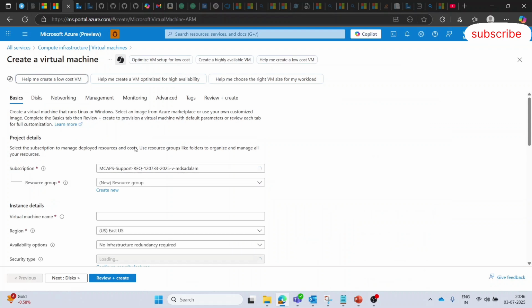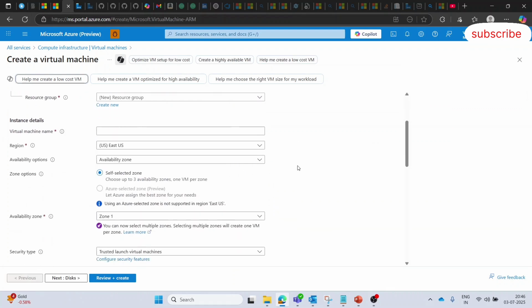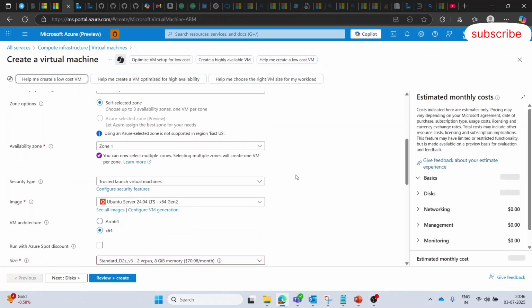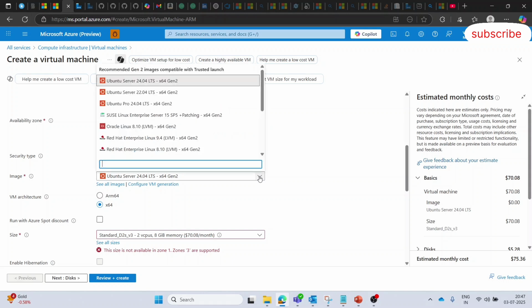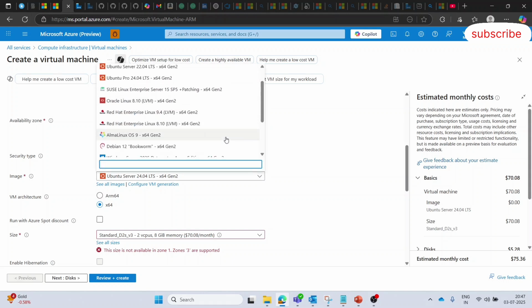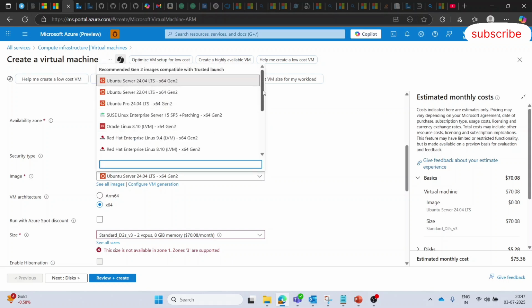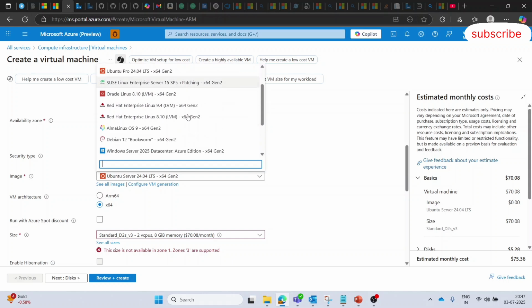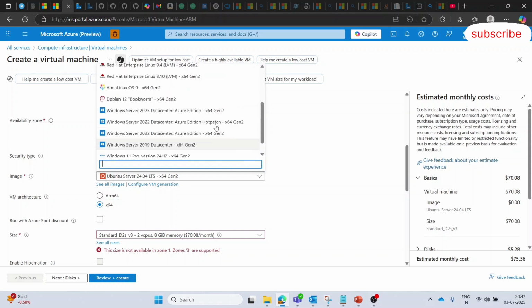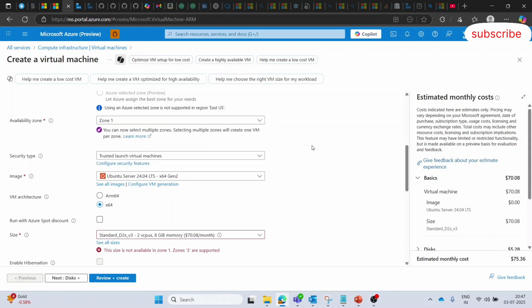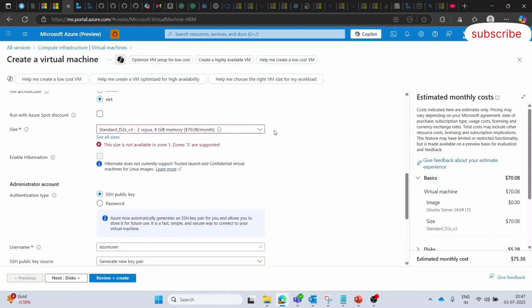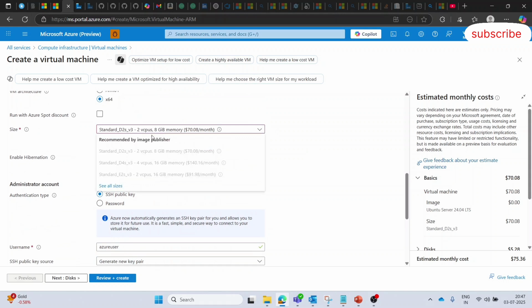Here, see, I have to take care of everything, like the availability zone as well. I have to make sure in which zone we want to deploy, and as I told you, the OS also we have to take care of, meaning what kind of OS we want for our system, like Ubuntu, Red Hat, Windows, and Mac as well. This is the kind of OS we have to manage. Okay, and as per the size also, as I told you, these are the particular sizes we have to choose for our applications.